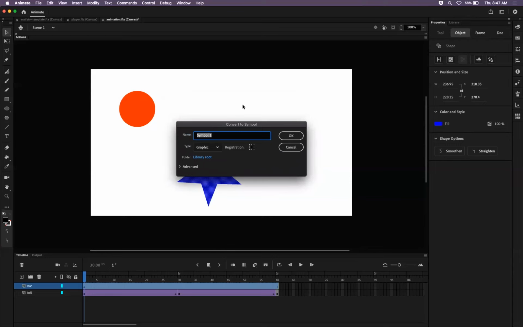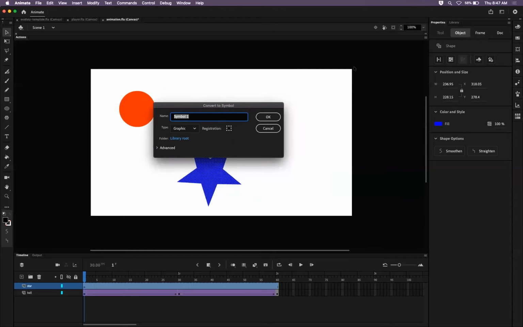Again, I do talk a lot about hotkeys on the keyboard because your time is money, and I've spent countless hours, weeks on end building in this program, and using hotkeys can save you a lot of time throughout the day. So anyway, regardless of how you did it, whether you use this little icon or the top menu or right-click menu or the F8 key,